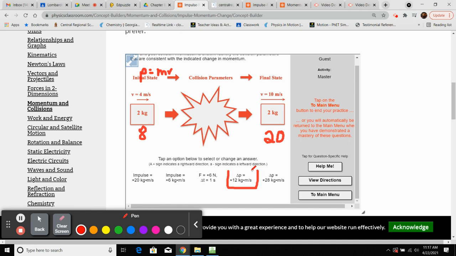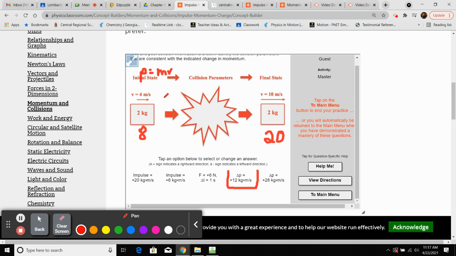I thought it was the V's. I thought you just used the V's. I thought it would be 6 because I thought you would just minus 4, 10 minus 4. It's 6. That's what I've been doing the whole time. Well, because in the other ones they gave us P instead of V. They already gave us the momentum. So, a change in velocity is going to wind up causing your change in momentum, but